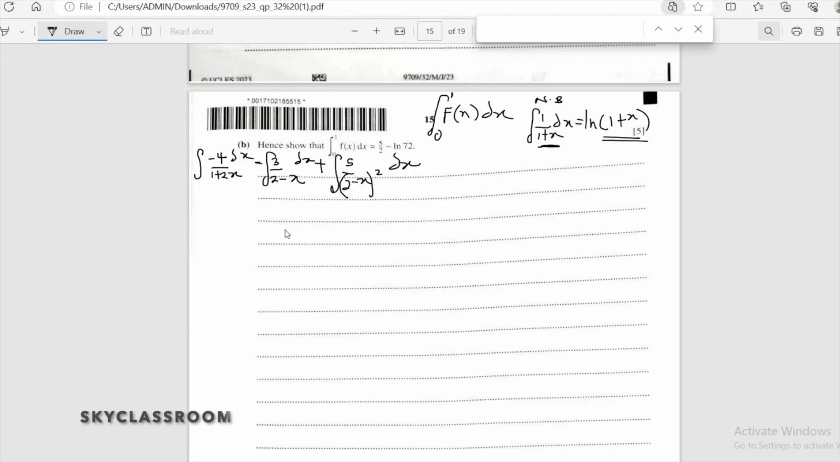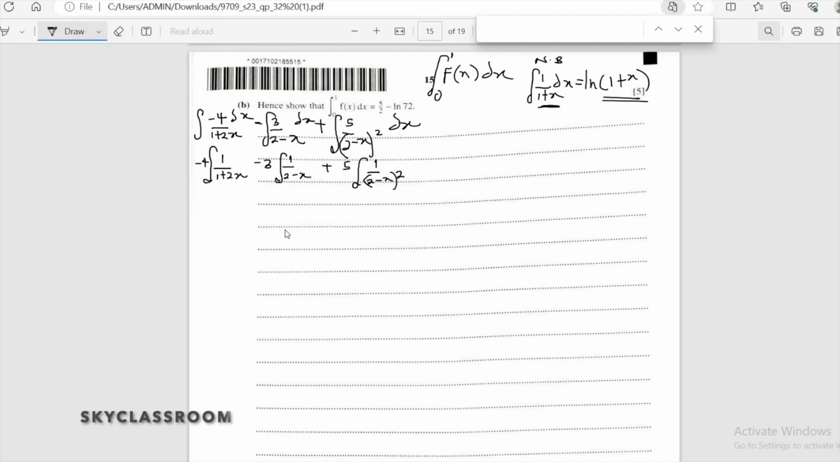Now to make the work easier, let's bring minus 4 outside. What will be left is the integral of 1 over 1 plus 2x. The same thing with 3. Let's bring 3 outside. What will be left is 1 over 2 minus x. Let's bring 5 outside. What will be left is 1 over 2 minus x all squared with respect to dx. So from here,